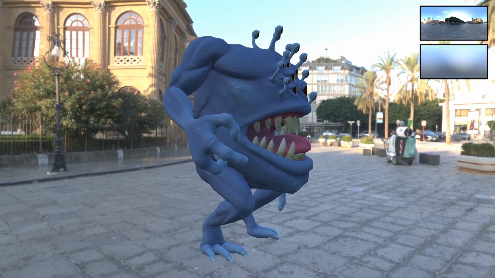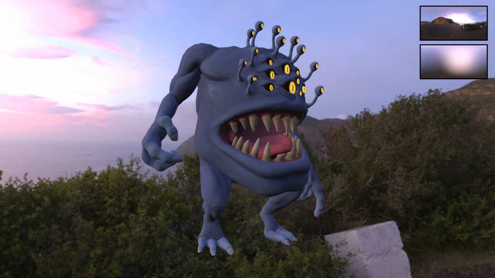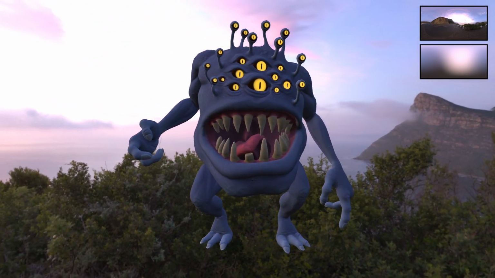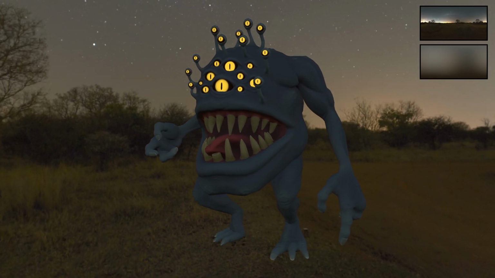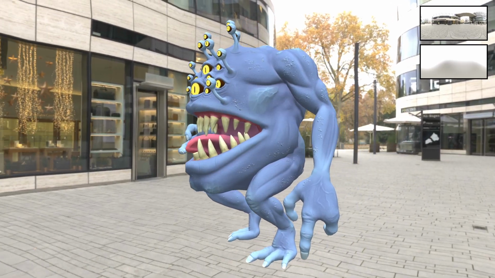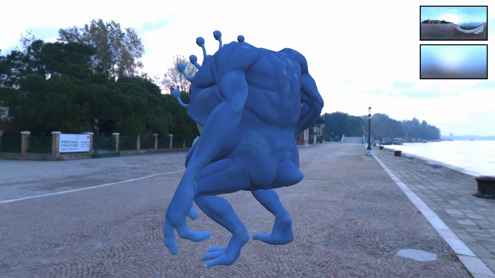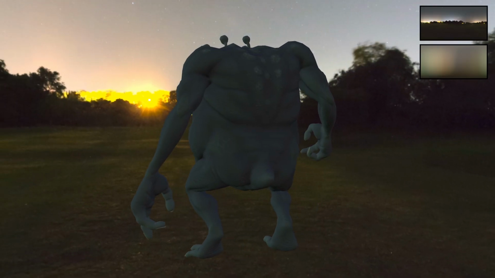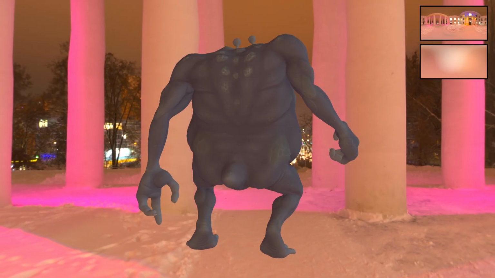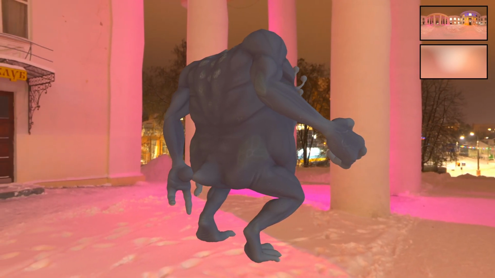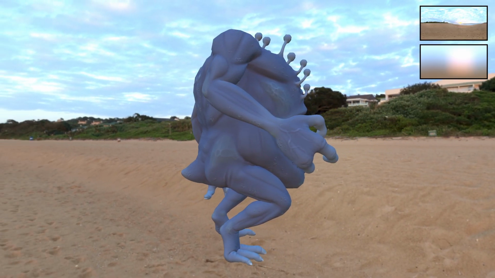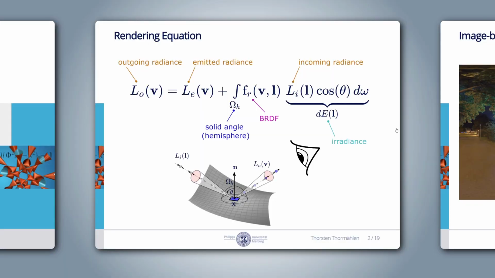Today we talk about importance sampling. Importance sampling is an essential tool in computer graphics. As a first example, we discuss today how importance sampling can be used for real-time image-based lighting if the material is Lambertian diffuse. In the next episode, we will extend this model to perform image-based lighting for the specular part of the microfacet BRDF. We start from the rendering equation, which we have introduced and discussed in detail in episode number 4.